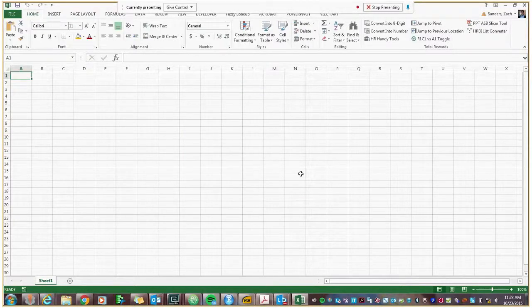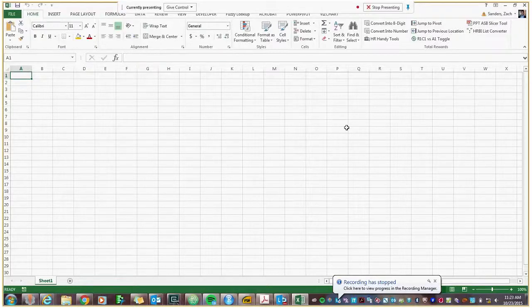I wanted to give a brief demo of how to use the PowerPoint Automated Slide Builder Slicer feature for Excel. This is similar to the Automated Slide Builder feature that exists within HR Handy Tools. However, this is going to take it a step further, and it's going to allow you to loop through the values of a slicer that you may have for a dashboard and create a unique PowerPoint for each value within